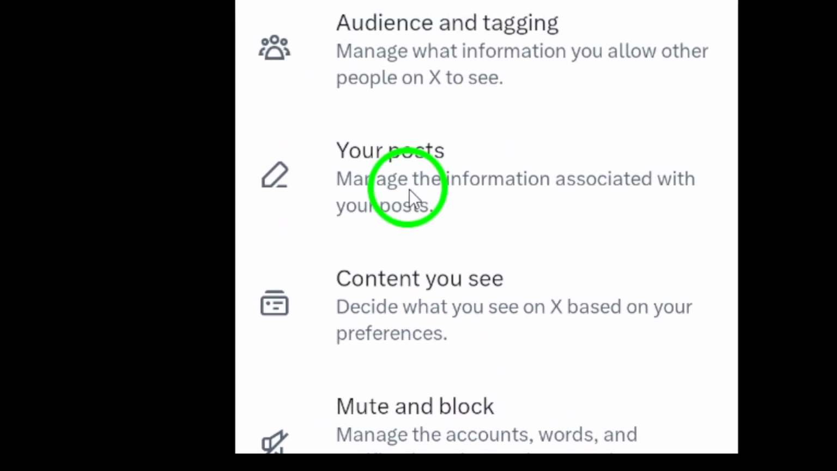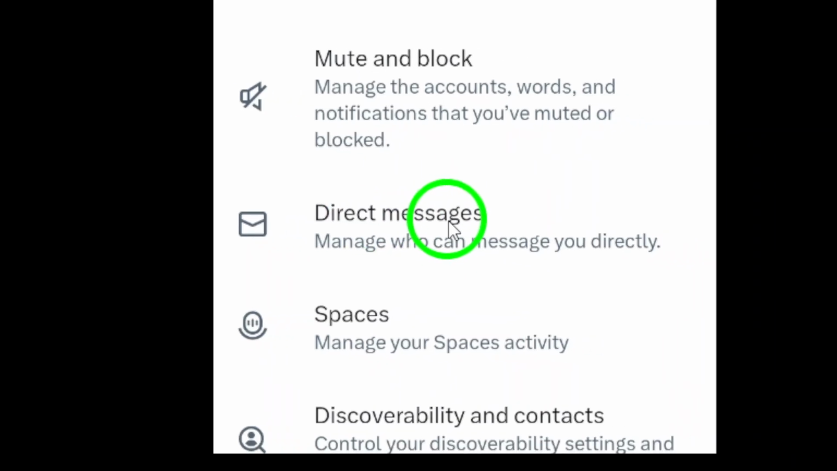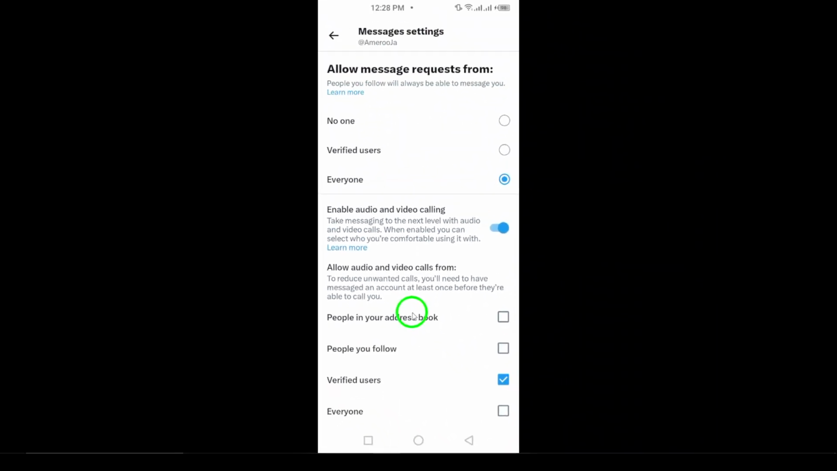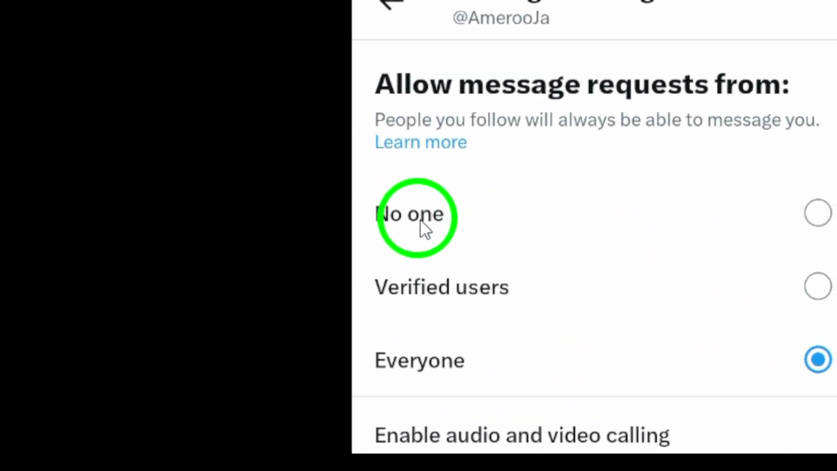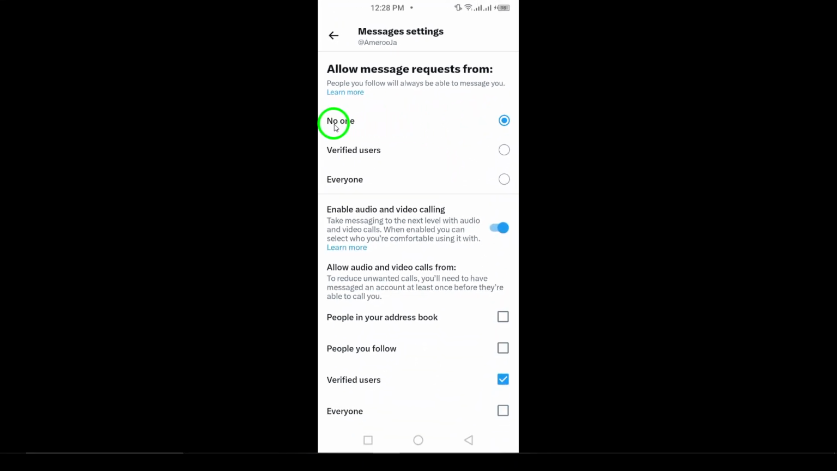Next, find the option for Direct Messages. This will guide you to settings specifically related to how you receive messages from other users. Finally, under Allow Message Requests, select No One. This will ensure that no one can send you message requests, giving you peace of mind and control over your